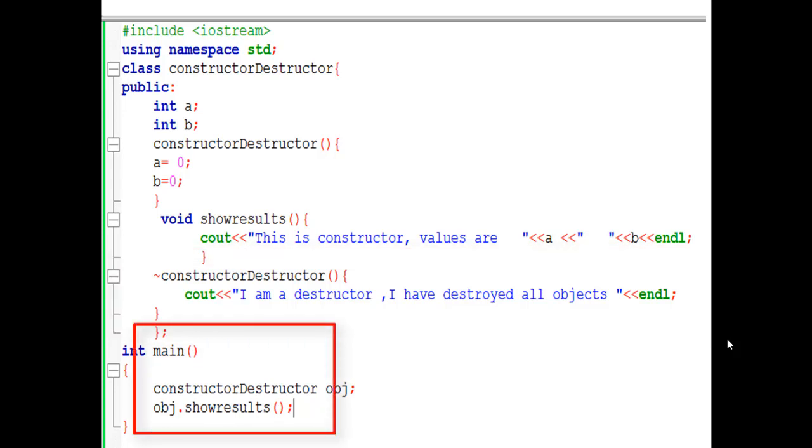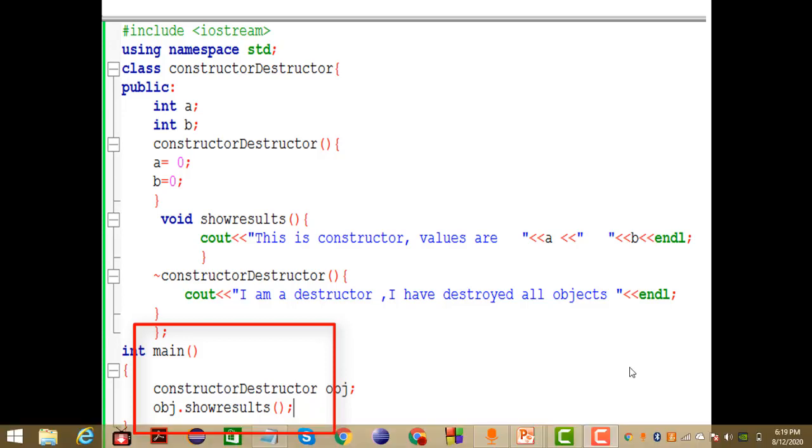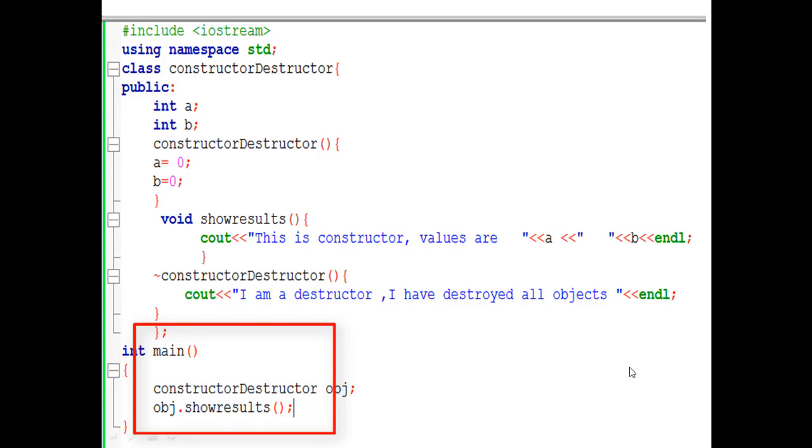In the next part, in the main body, we define the constructor object, whose name is obj, and then we call the show result function by the object name, obj. So how will it execute?